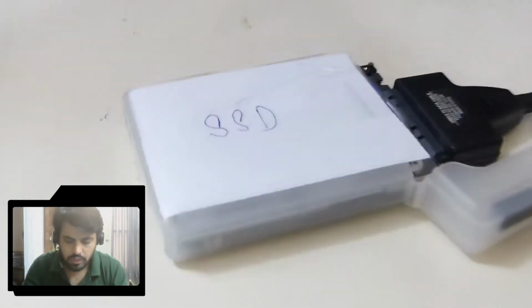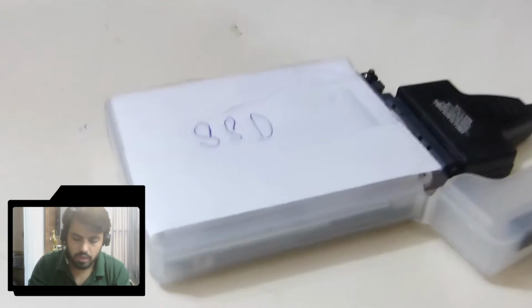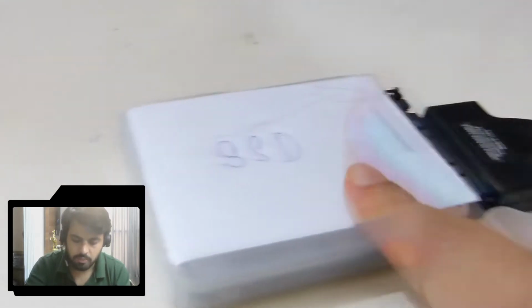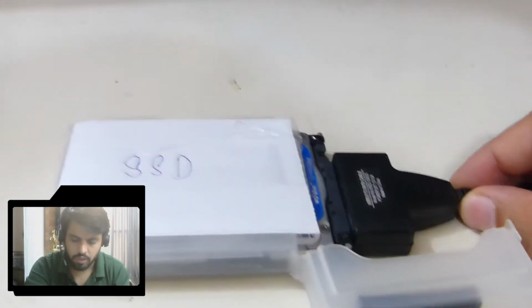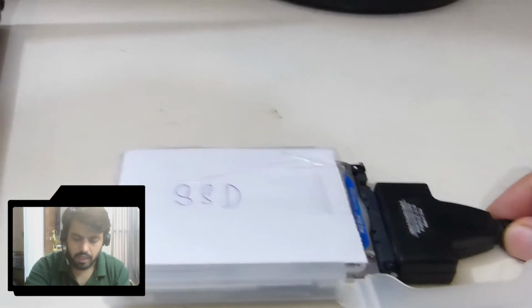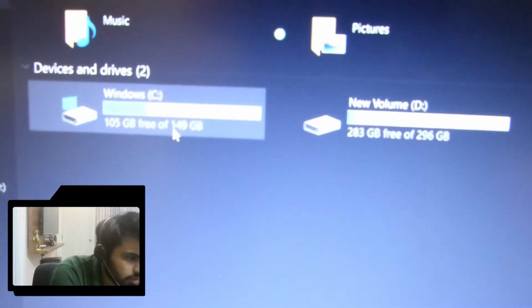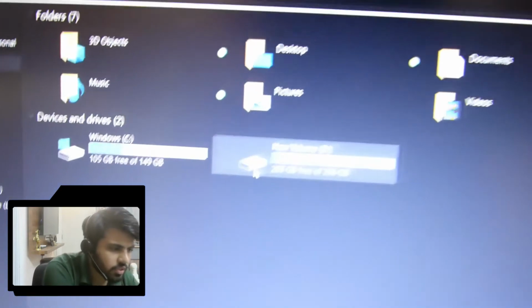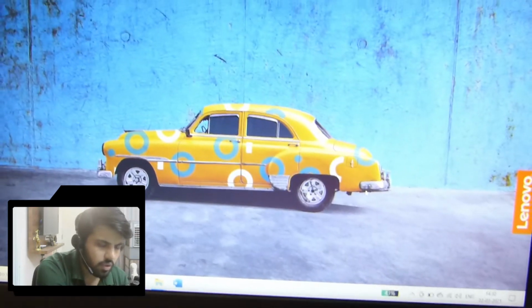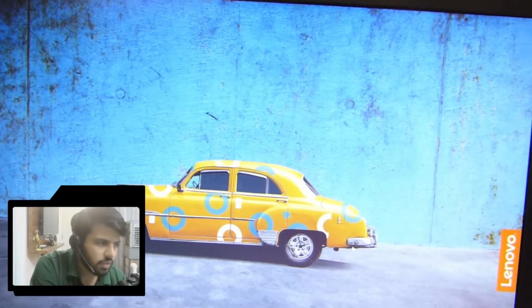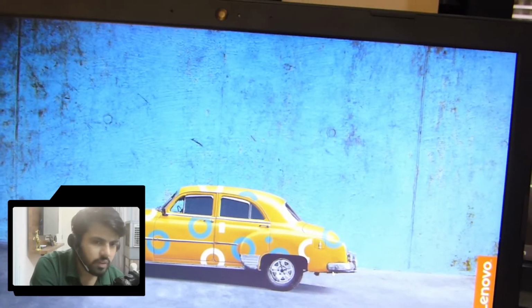Okay, so suppose, let's take an example. You bought this SSD, this is my SSD which I bought, and I bought this adapter. It hardly costs 50 to 100 rupees. I bought this adapter, and I want to transfer my full PC. As you can see, this is my hard disk which is already installed in my system. This is my PC, and you can see my Windows is already genuine, which came with my laptop, along with all the Office and software which I already purchased.